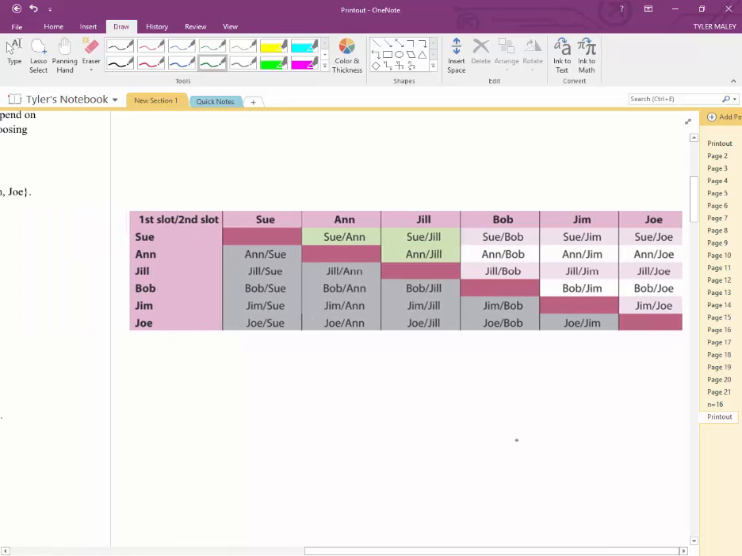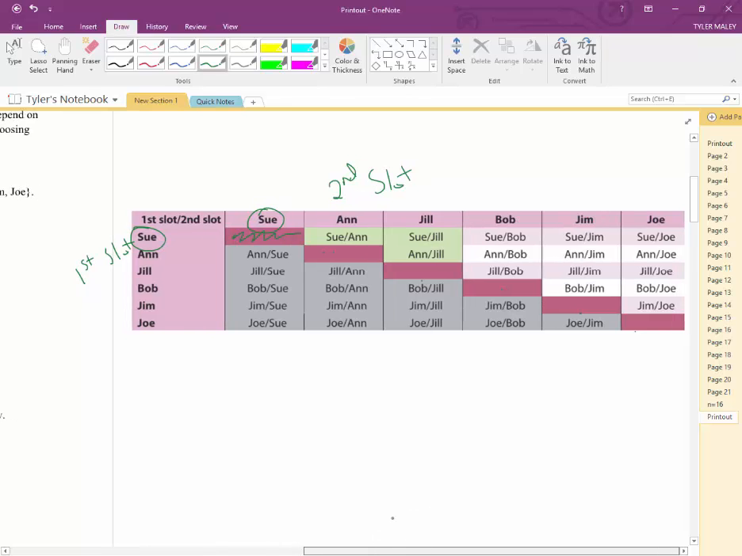So we have a table here. So maybe here's the first slot and here's the second slot. Right. So again, the idea is I can't choose Sue for both, right? So that's why this is darked out, right? Same for Ann and Ann, Jill and Jill, Bob and Bob, Jim and Jim, and Joe and Joe, right? All of those go away, right? And if we count here, we have, what, 1, 2, 3, 4, 5. So 5 here, so count